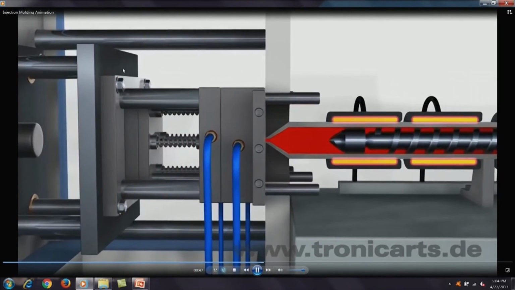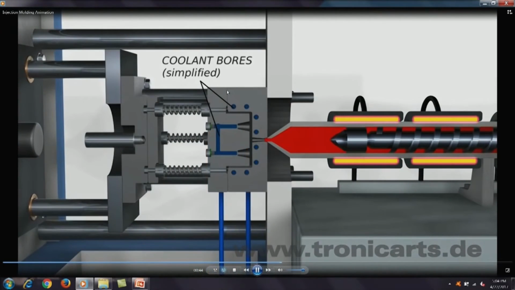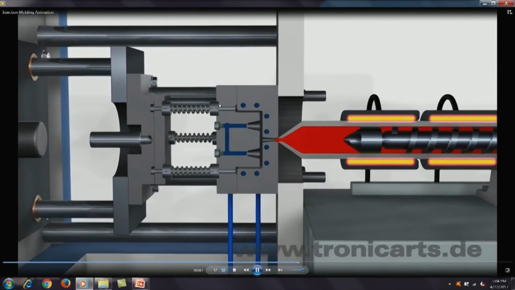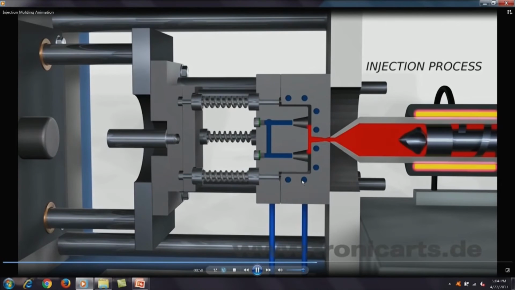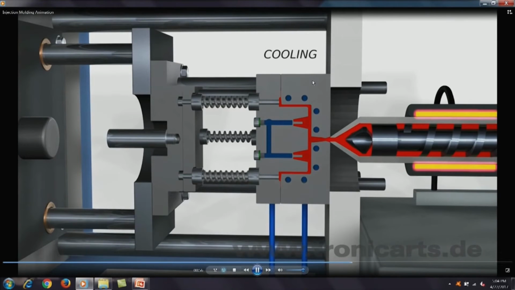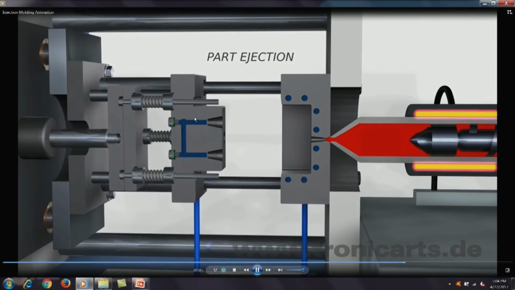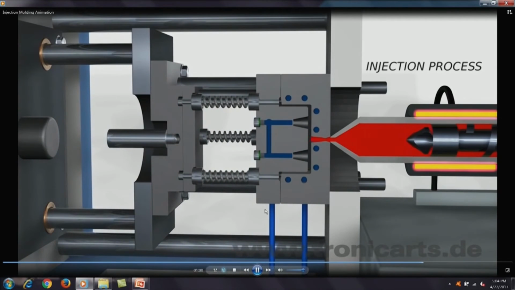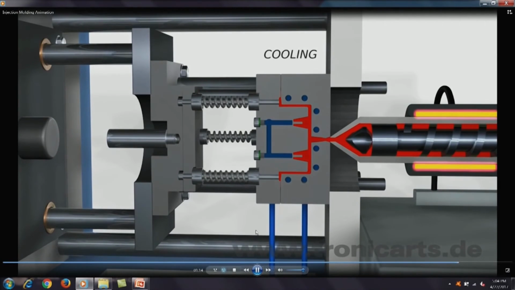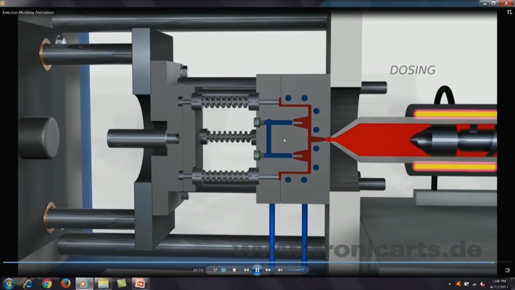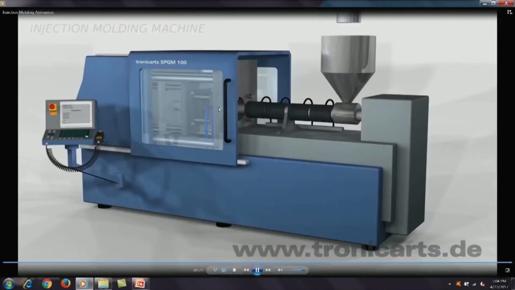Here the mold is closed, we can see this is a closed mold, and the blue color portions are the cooling coils. Now this has forced the red color plastic into the mold. This is a fixed part of the mold, this is a movable part of the mold. This is the final product that we want to make. So the movable part of the mold has moved and the product has been released. So we will see another injection process. Again, it has been filled, the movable part of the mold will move back, it has moved back and the product has been pushed out.